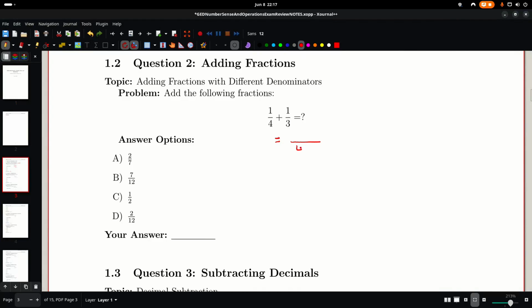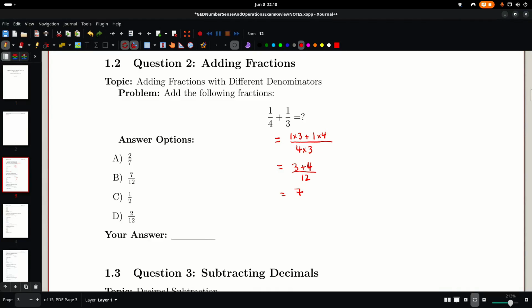We have 4 times 3, and we multiply the 4 by 3 to get the common denominator, so we have to multiply the 1 above the 4, the numerator, by 3, and then we're adding, and then we have 1 times 4. So this is how we determine what those new fractions will be. So we get 3 plus 4, and that whole thing is over top of 12,